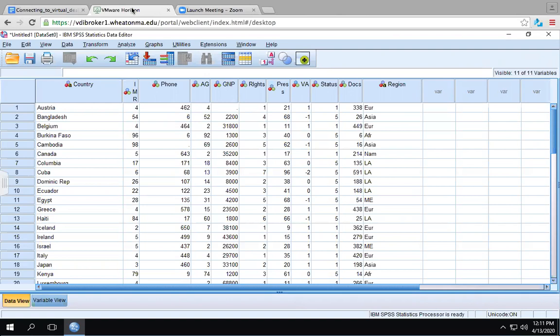And then when it opens, you might have a choice of, say, opening a new data set or an existing data set. What you want to do is open a new data set. So what you can see is when it opens, you will be in what's called the data view down here. And what I did was I simply copied and pasted my data from that 36 countries worksheet into this data view. So you'll see this is very similar to an Excel spreadsheet